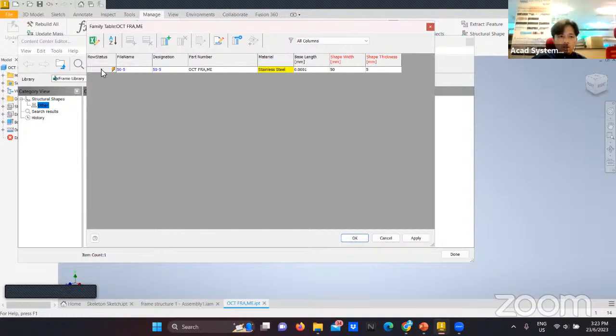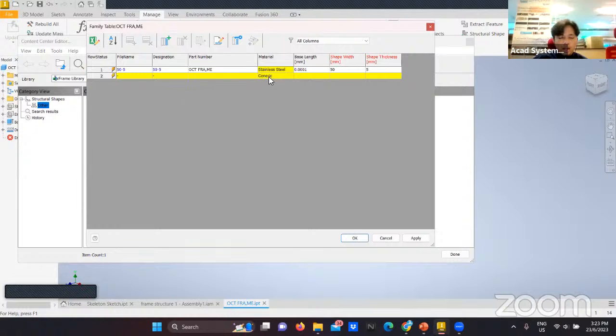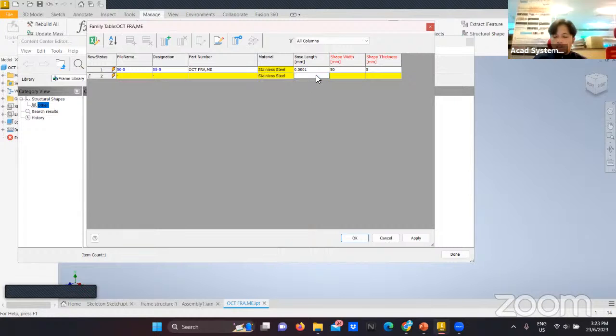All right, so to add another row, I just need to right click the row status, add row. So I click on add row. I change the material, stainless steel. So this one, baseline I put 0.0001. And then for the shape width, I will be putting 60 millimeter. Shape thickness 6 millimeter. And then for the third one, I'll be putting